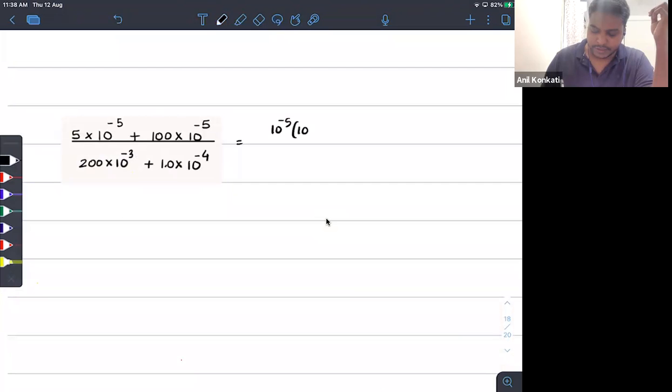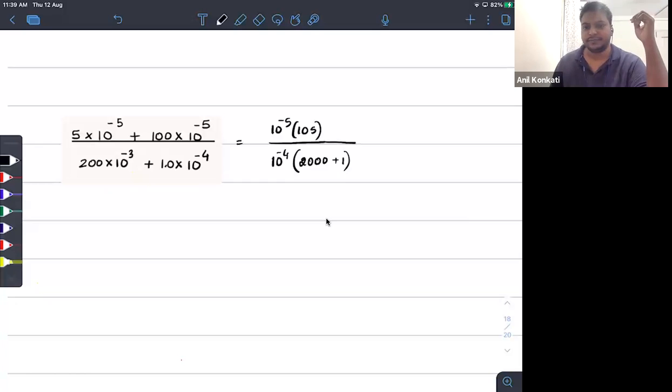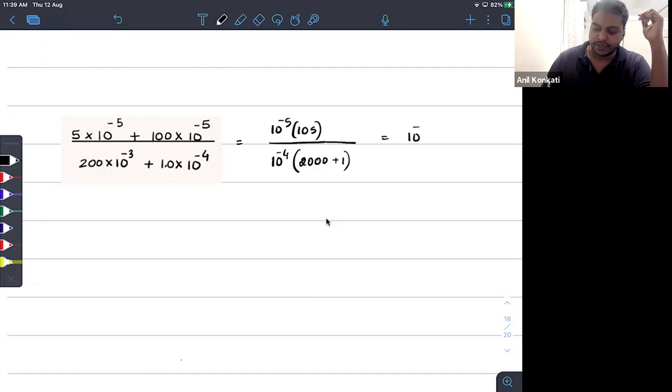So I'll get this as 105 divided by 10 raised to power of minus 4 common. So now I'll get this as 2000 plus 1. This is what we'll have. Right, Nikita? Understood now? So therefore, again, you'll have 10 raised to power of minus 1 into 105 divided by